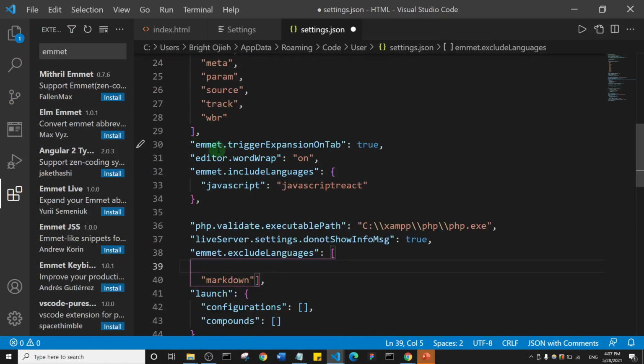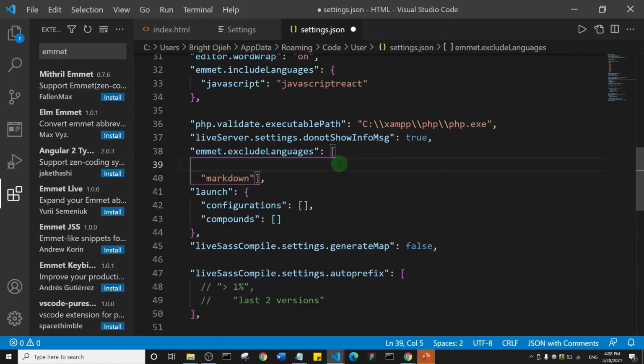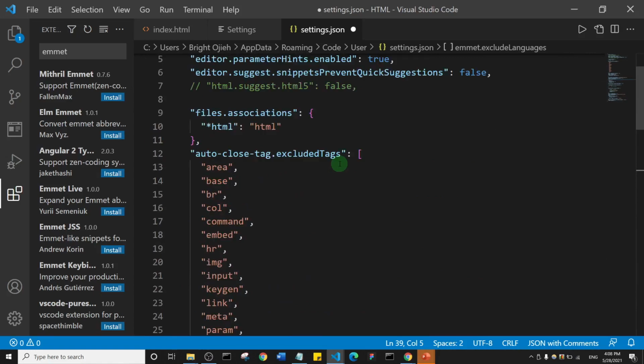You see emmet.triggerExpansionOnTab. In your code editor, it may be set to false. If it's set to false, just change it to true, and that's all, and save. Control S. If it doesn't exist in your settings.json file, like if you scroll from the top to the bottom and you don't find it in your settings.json file,